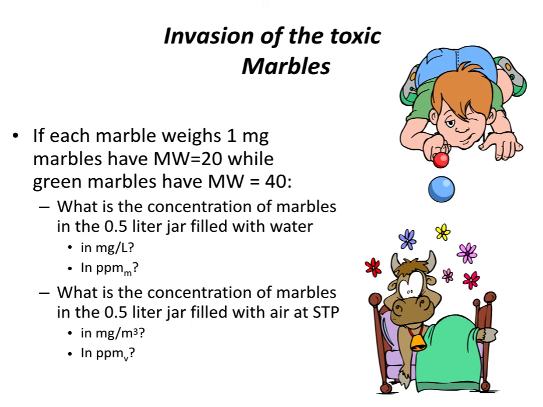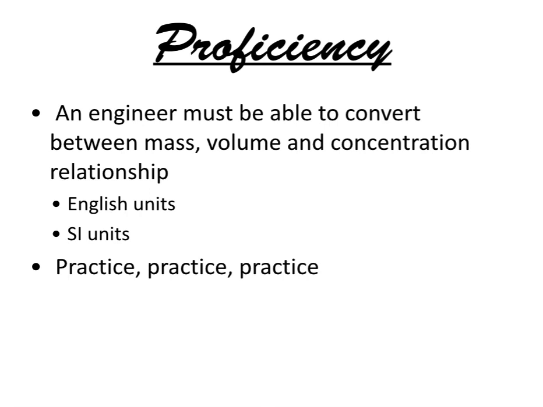The weight of the container with the marbles in air would be much different, much lighter, right? So the way that we calculate the mass values is going to be much different as well. In water, common units are milligrams per liter and parts per million by mass. And in air, common units are milligrams per meter cubed and parts per million by volume. Practice these conversions, either using the marble example, make up your own examples, follow the examples in the book,